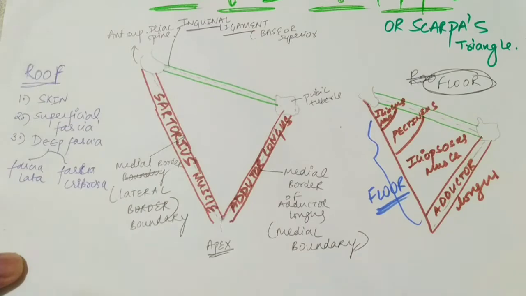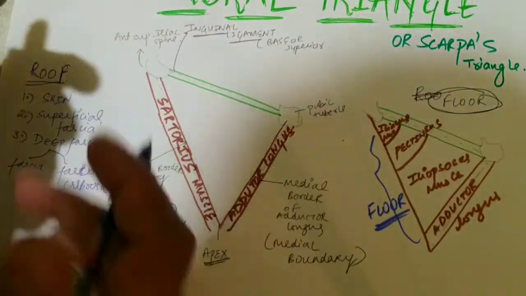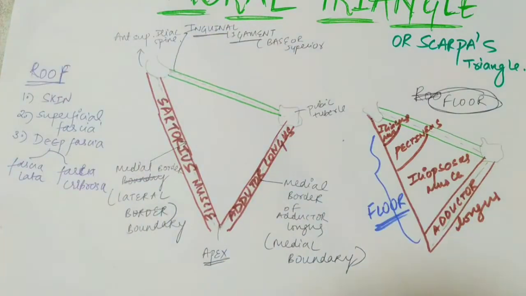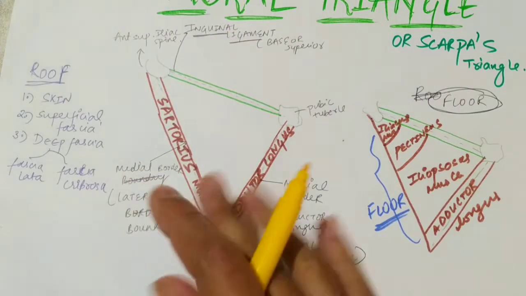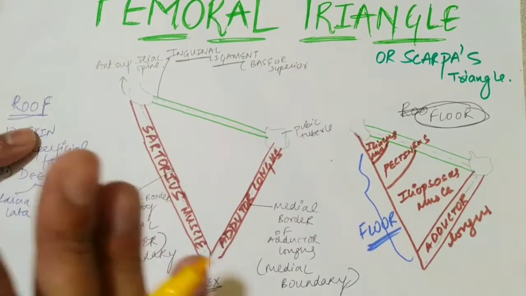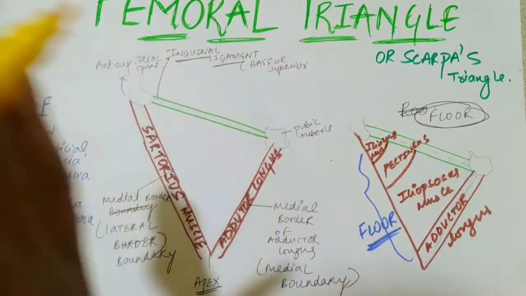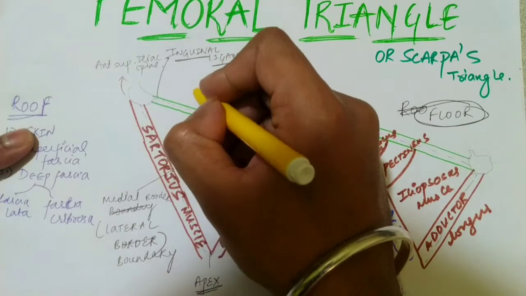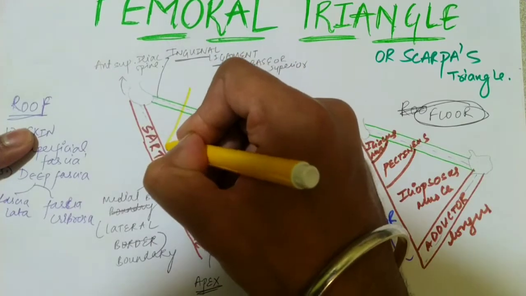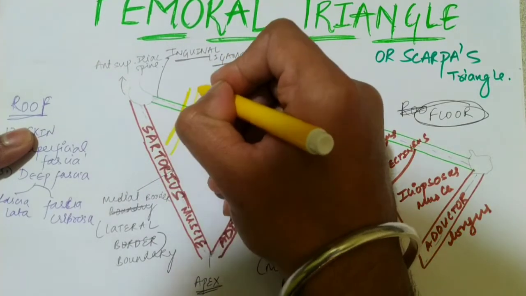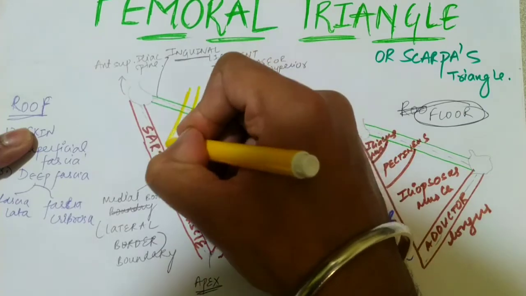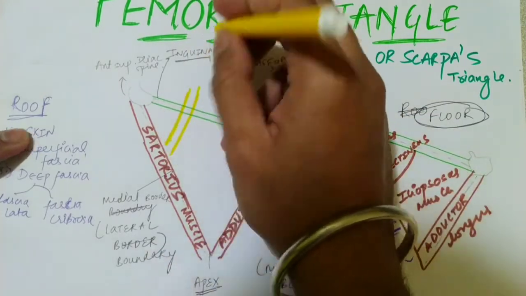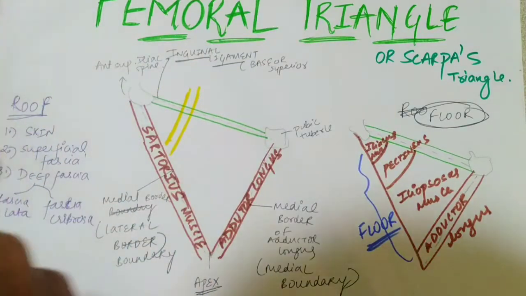Okay, so now we're moving on to the contents. We'll be discussing the contents from lateral to medial, which will be easy for us. From laterally, first I will be discussing the main contents, what are the main arteries, veins and nerves. So first you can see the femoral nerve, actually the main nerve of this triangle. So this is your femoral nerve.